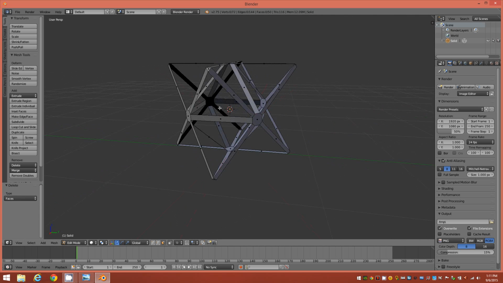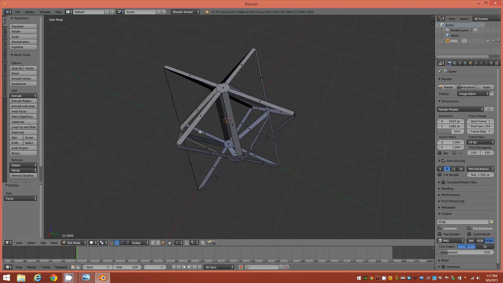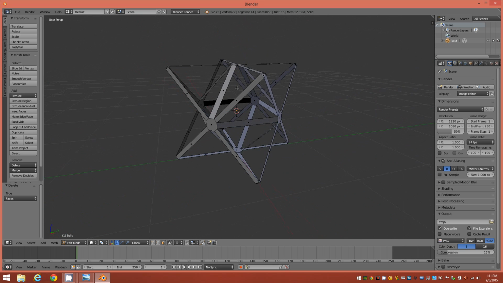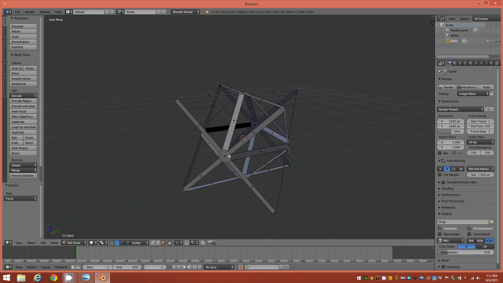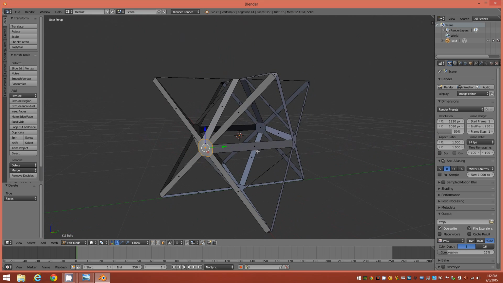All right, so now we're left with the skeletal outline of the object here, which is what we want to work with at this point. All right, and the next step would be to select one of these circular n-gons here, and then hold down